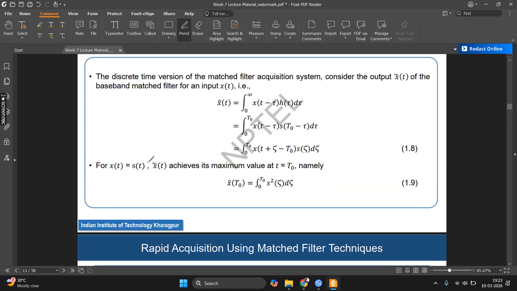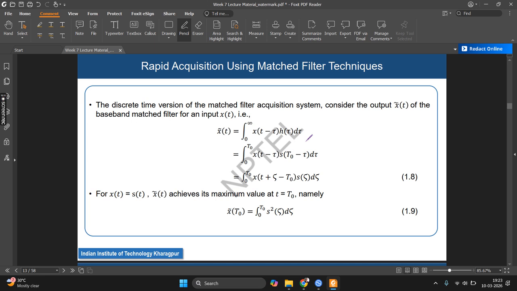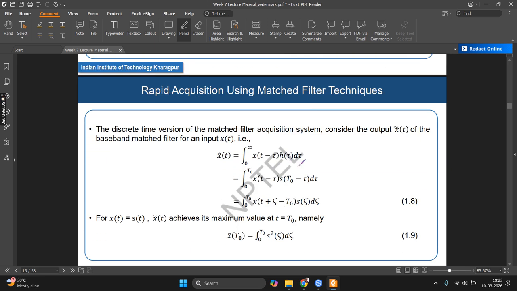So x(t) is equal to s(t). This s(t) is basically the PN sequence chip that the matched filter is based on. Like you have designed the matched filter for a corresponding PN sequence chip. So that PN sequence chip is s(t), and of course when your signal matches the matched filter it has been designed for, which is s(t),